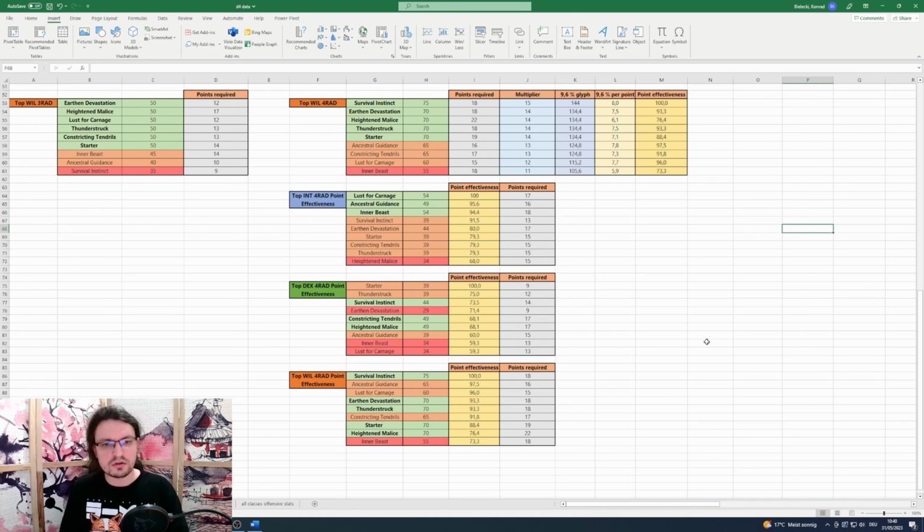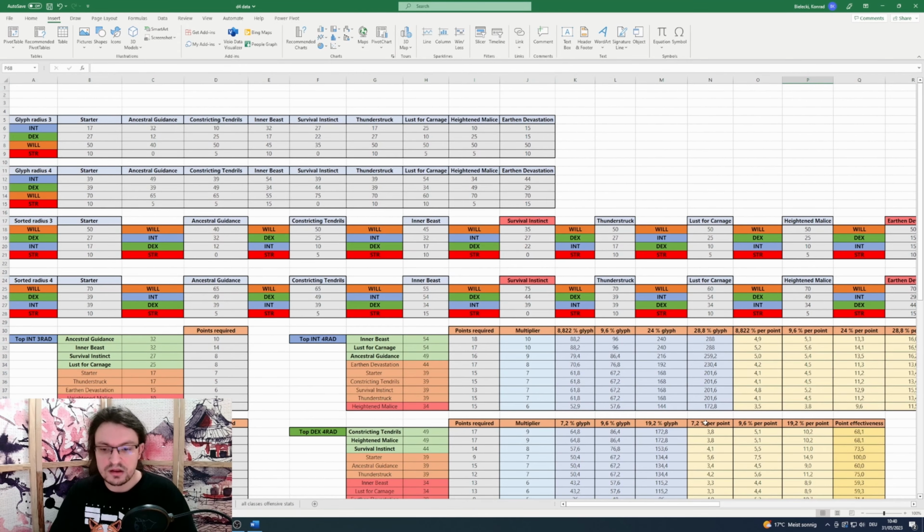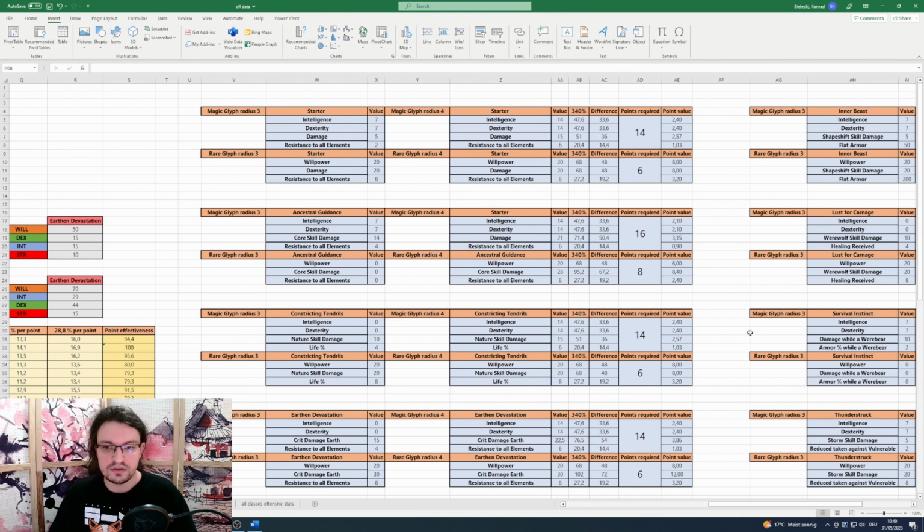Specifically, I looked at the Paragon board and compiled every piece of information I could find. This includes the points required for the glyph slots, what the point effectiveness of those is, and how many stats you can get for the specific board. I also looked at the magic and rare nodes in the top right corner right here, and you also have the points required and the difference you get from the 340% increase for the glyph,